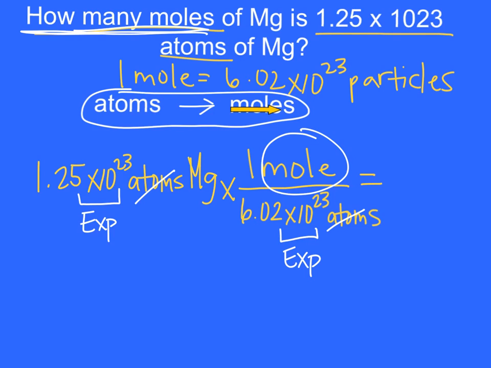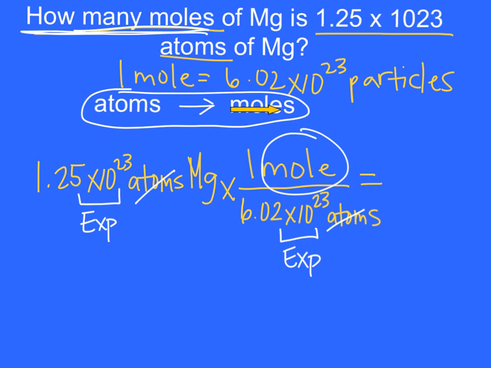So on this side, when you see this conversion factor here, remember, if this number is on the bottom, that means you're going to divide. Since the 1 mole is on top, you're going to multiply. But since the number is only 1, you don't really need to put that into your calculator. So then just divide by the 6.02 times 10 to the 23rd, all right? So type that into your calculator,